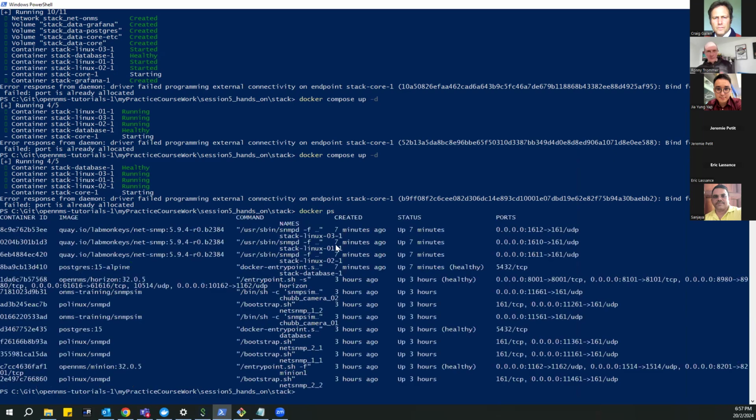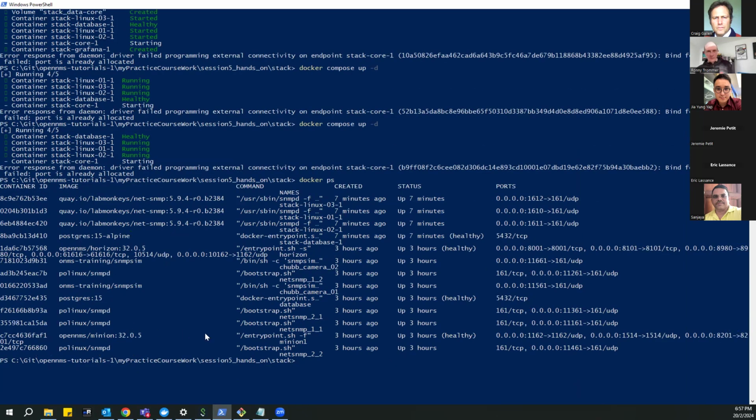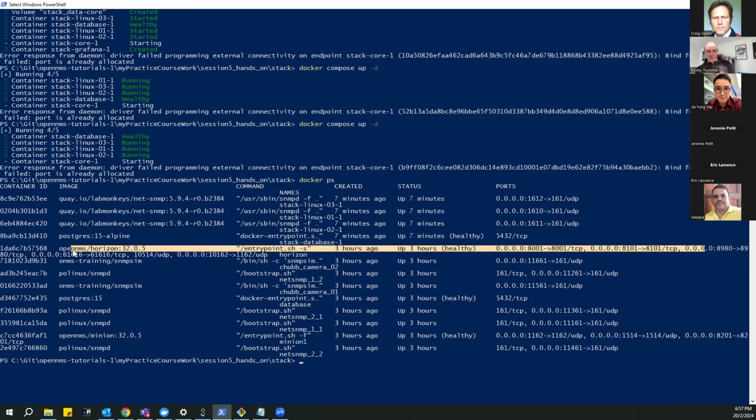It gives you kind of the whole process list, and it looks like there's also a minion running. So there are a few things running, and there you see the OpenNMS. So there's already a Docker stack running. That is the problem.